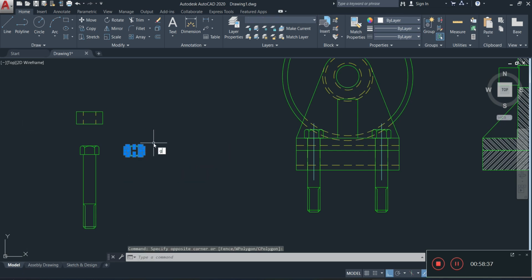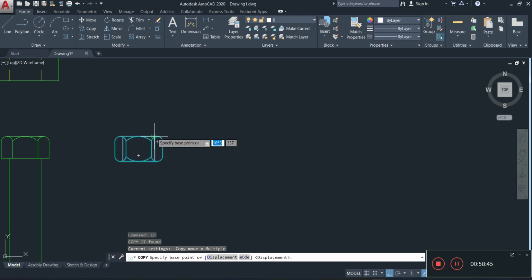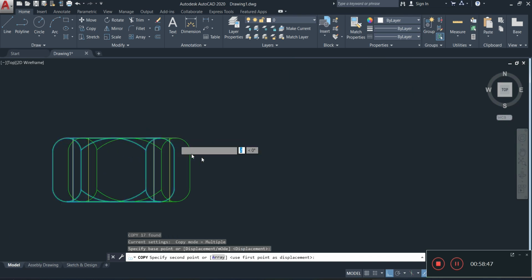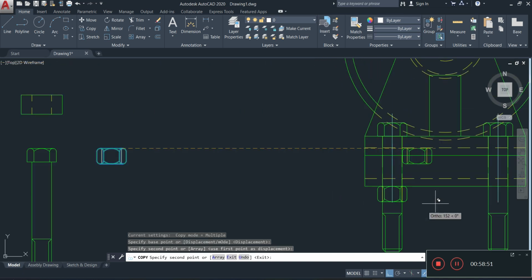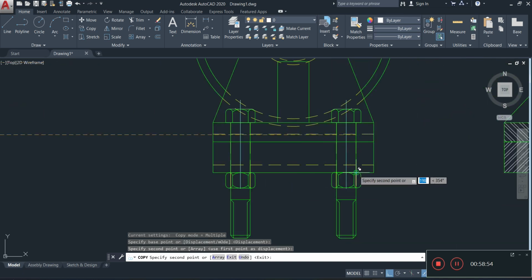Let me group these. Our nuts are going to be placed. Copy. Let me grab onto it right here. One there and one here. Alright. Now for the washer portion,